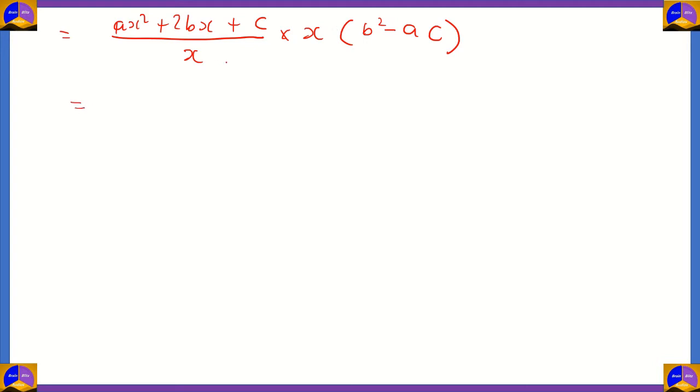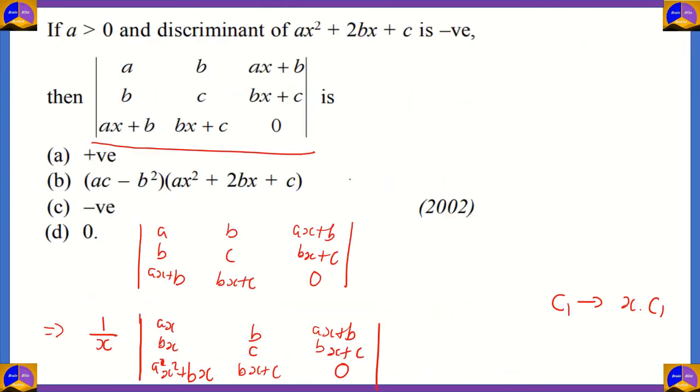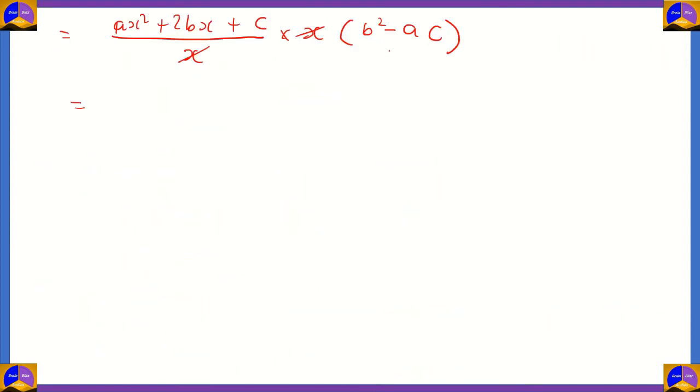So over here the x and x gets cancelled, and you have ax squared plus 2bx plus c and b squared minus ac. Now in our question, the discriminant of ax squared plus 2bx plus c is given as negative. So this is the discriminant. So this discriminant has a negative value, and the